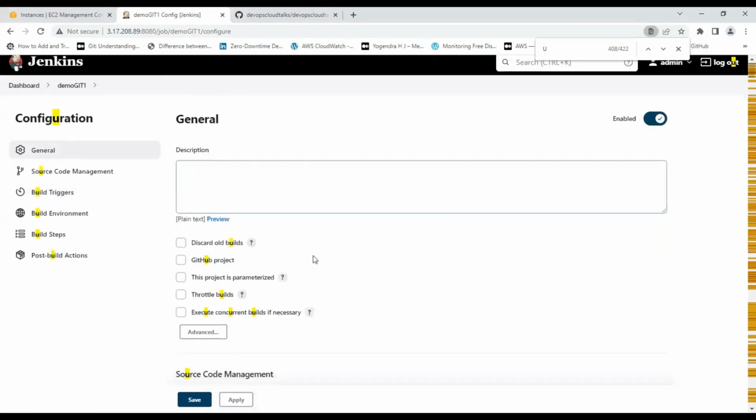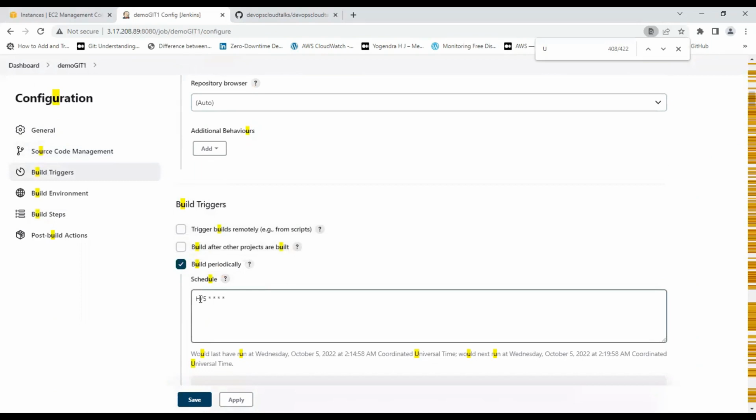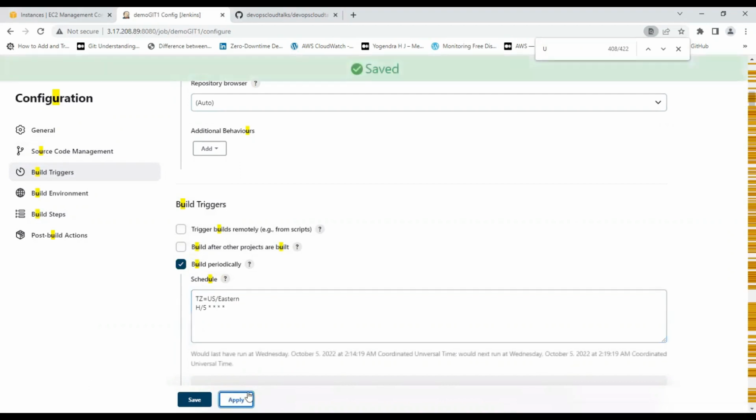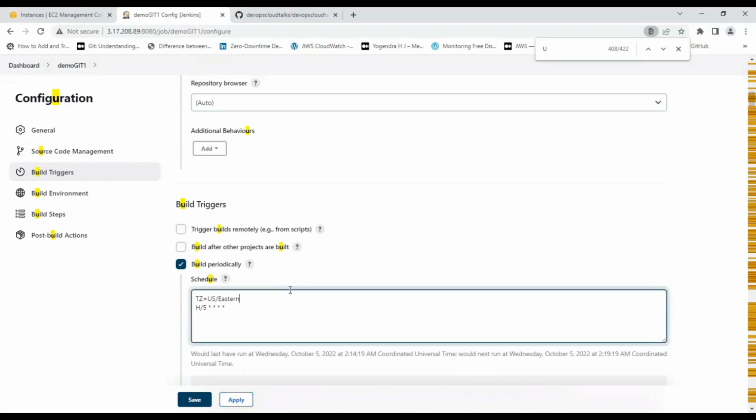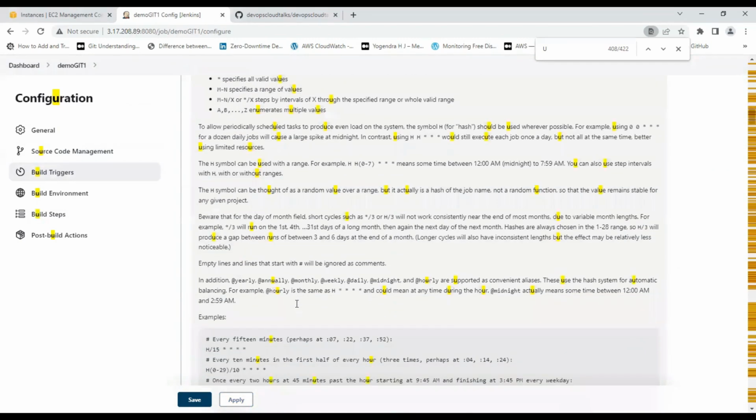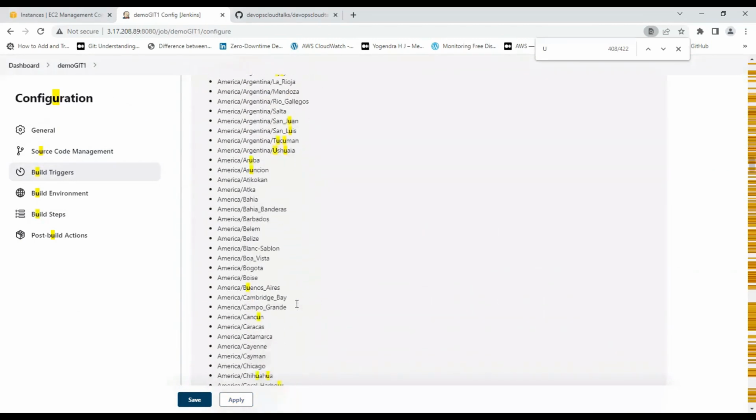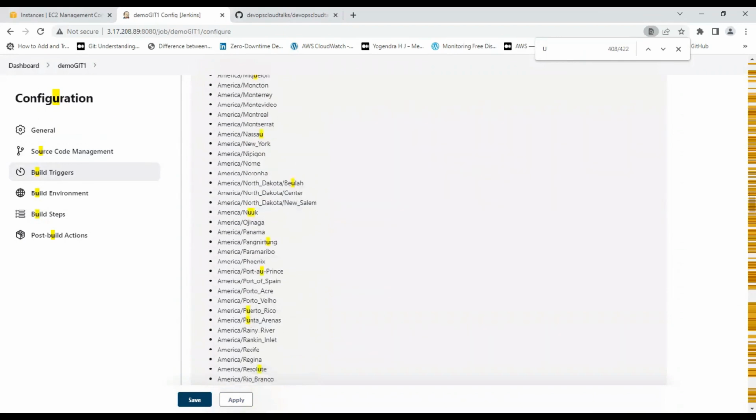Okay, I go here and type z equals to this, and now I'm going to apply it. You see, it's going to get executed next at 2:19, right? So here it is 10:17. In the next 2 minutes it's going to get executed here. One more thing, if you remember, let's just put all the